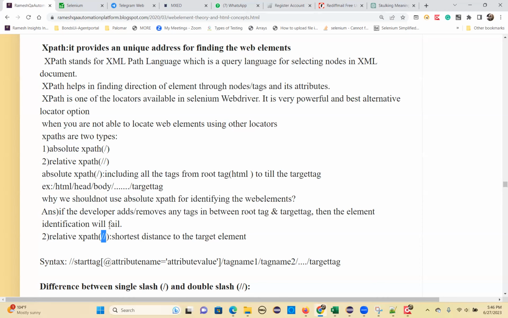So there are fewer chances of failing, because here you will start with a double forward slash, the start tag, square bracket, @ attribute name equal to single quote attribute value, forward slash tag name 1, slash tag name 2, and so on till the target tag you will write. But here you are not starting with HTML. This is somewhere in the middle, somewhere in the middle,